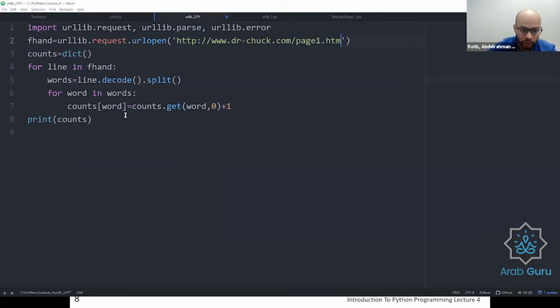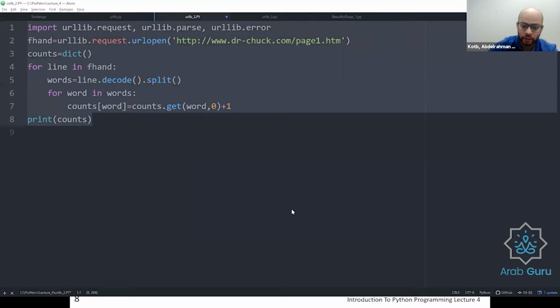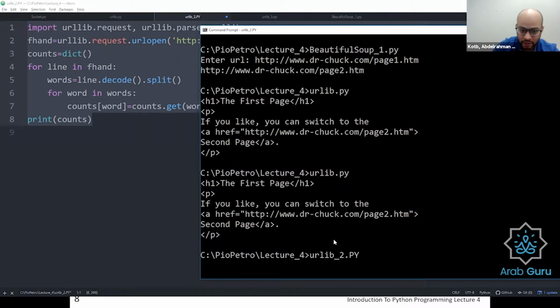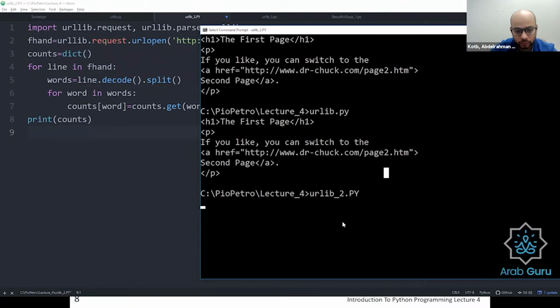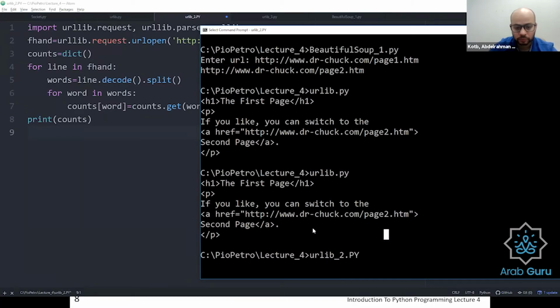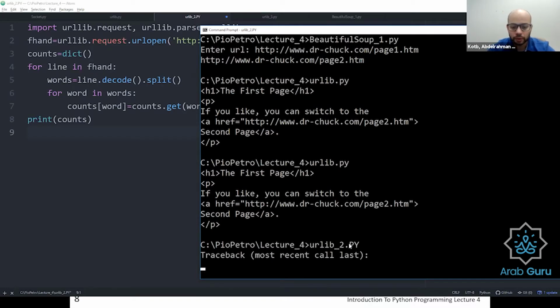So if I want to count the words, I come here and I run urllib2. It's going to give me a count of them. It's okay.